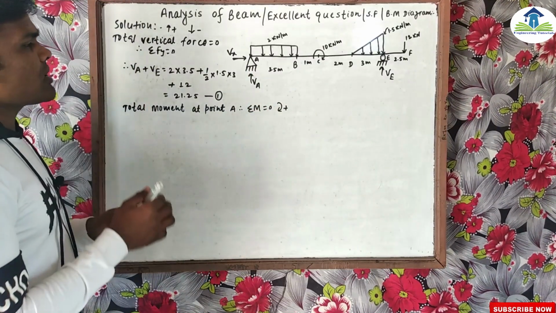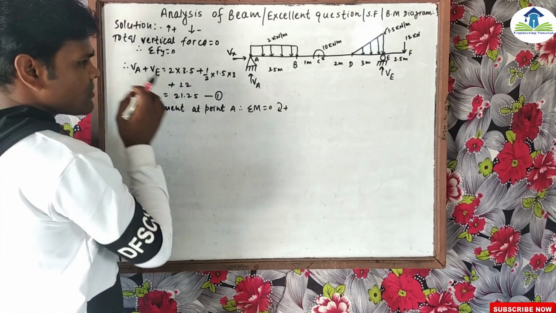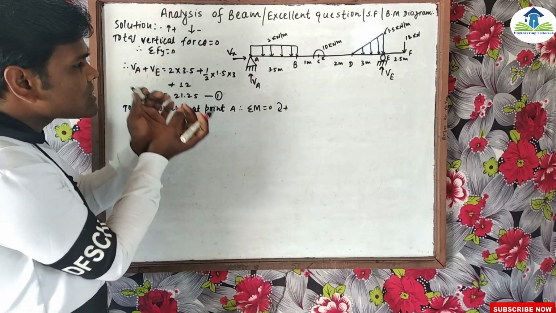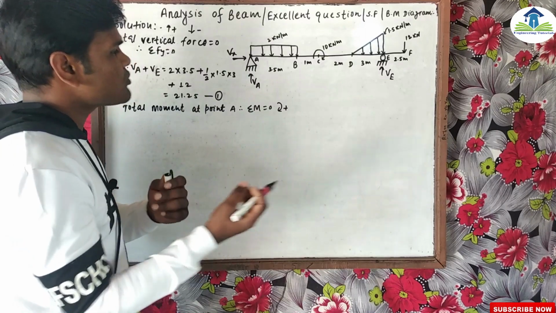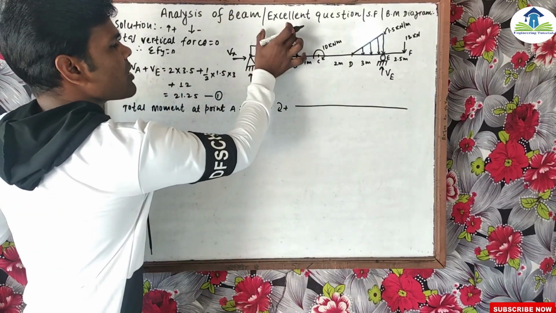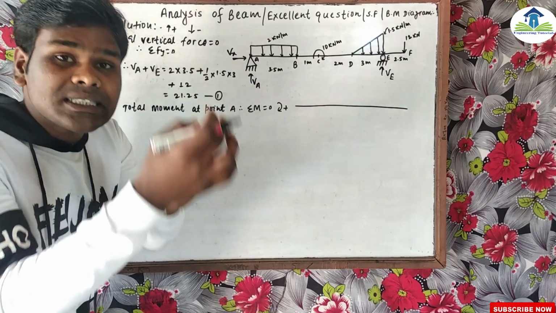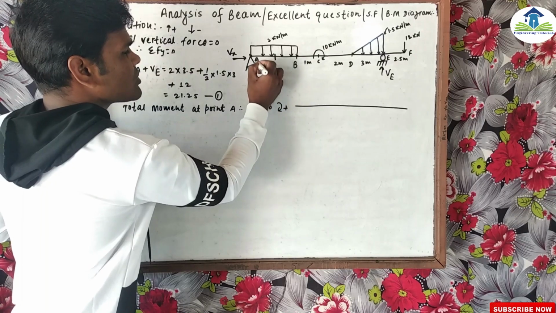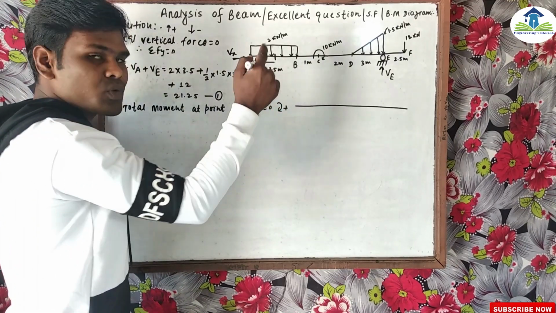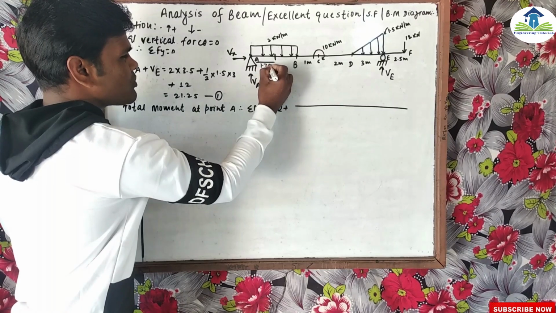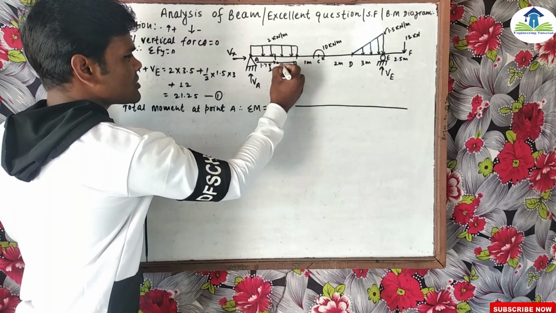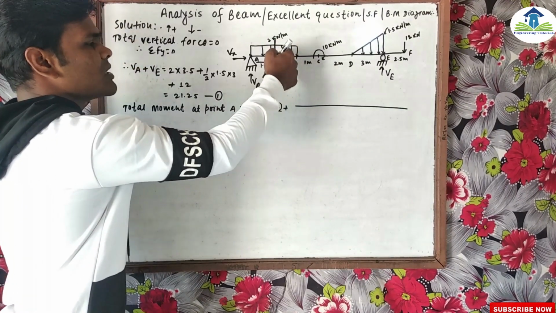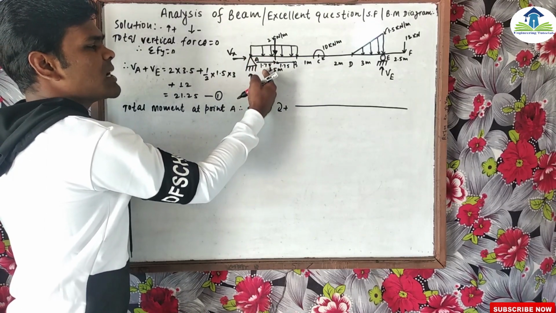So what is our calculation? First of all, we should analyze what type of force is acting at which point. At point A, the total force is going to concentrate at the midpoint. What is the midpoint? 3.5. If we divide 3.5 into two parts, we get 1.75. Similarly, this is also 1.75, and all the UDL force is concentrated at 1.75 from the right